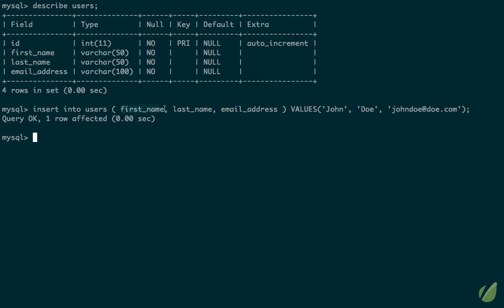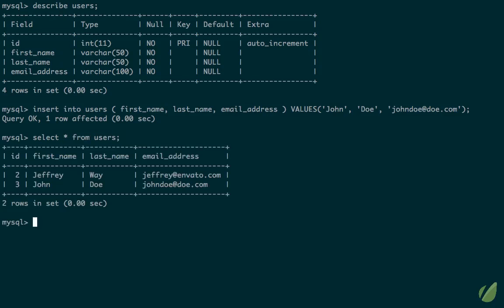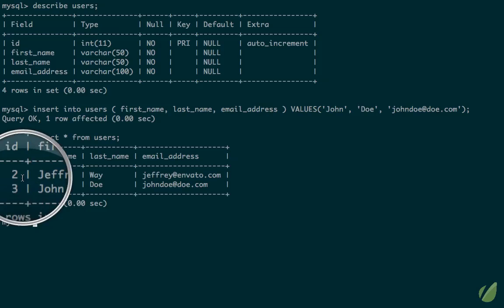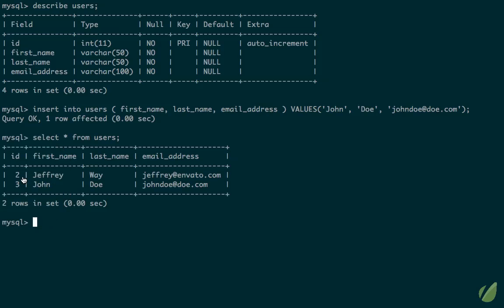Here we're saying we're going to insert these 3 columns, and then respectively these 3 values. One more time, if I run select star from users, now we have 2 users in our database, and notice that those ID fields have automatically been set. So I'm going to clear the screen, and let's take a look at just a couple other ways that we